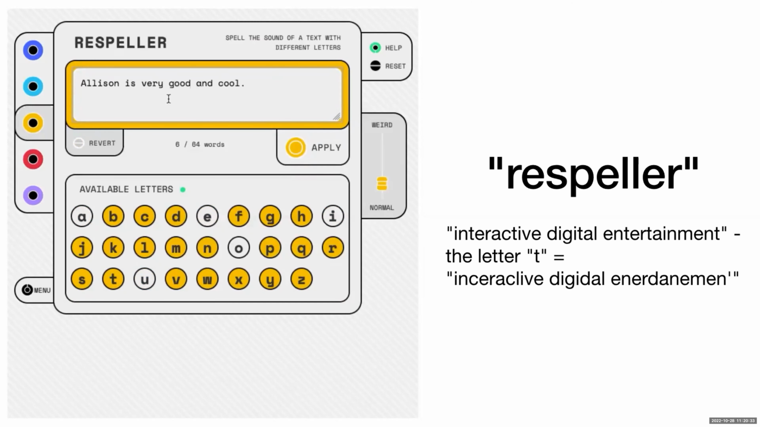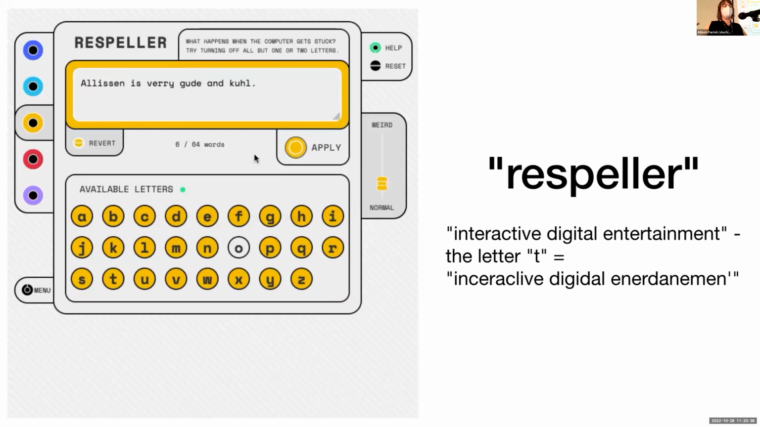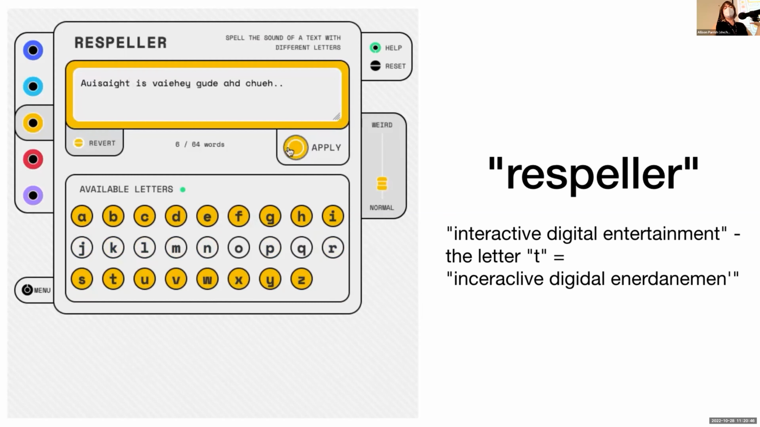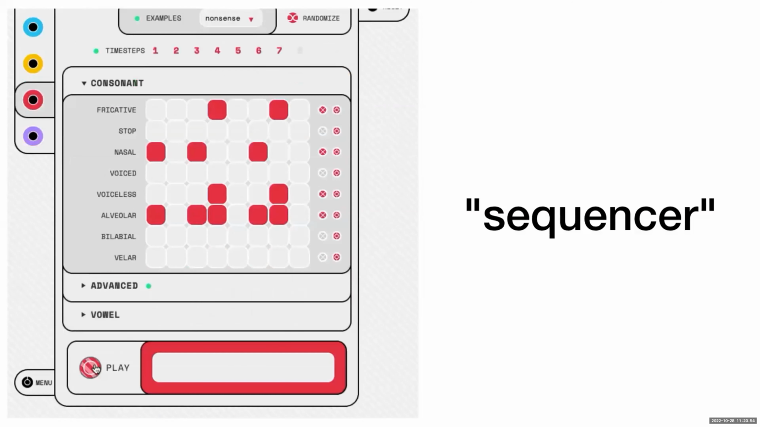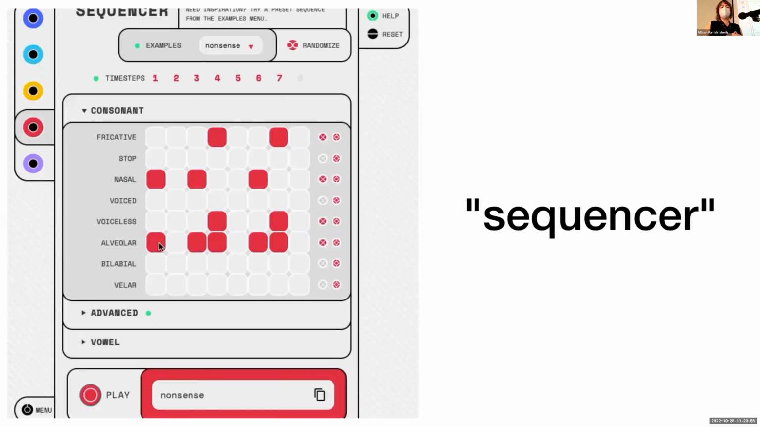So essentially what's happening is the output layer of the phoneme graphing model is modified at each time step such that the probability of any deactivated letter in the interface is set to 0. The model has to proceed as best it can to spell the word as though the graphemes in question did not exist. There's also the sequencer, which spells a word from virtual mouth movements that the users put in sequence